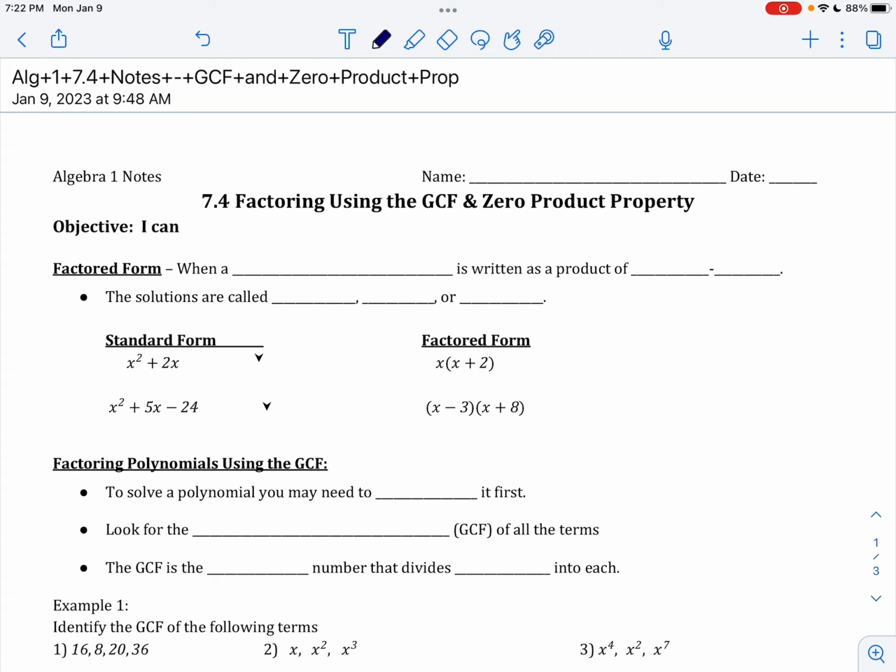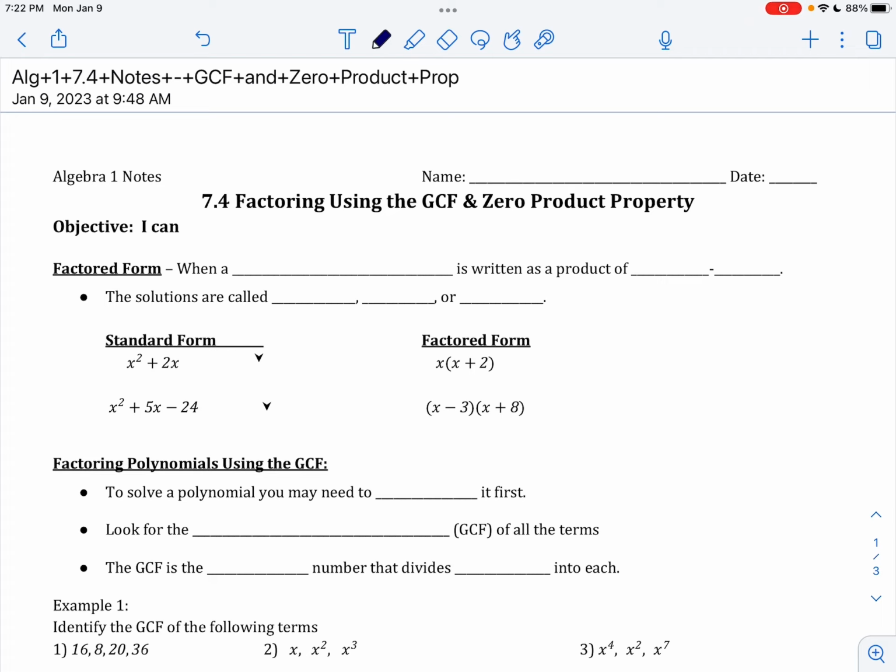Today's lesson is going to be over finding the greatest common factor and using the zero product property. So we're going to be taking a look at that today. This should be a quick and easy lesson for you. Make sure that you listen to it all the way through. There's going to be some things in here that you're going to need to know in order to do your